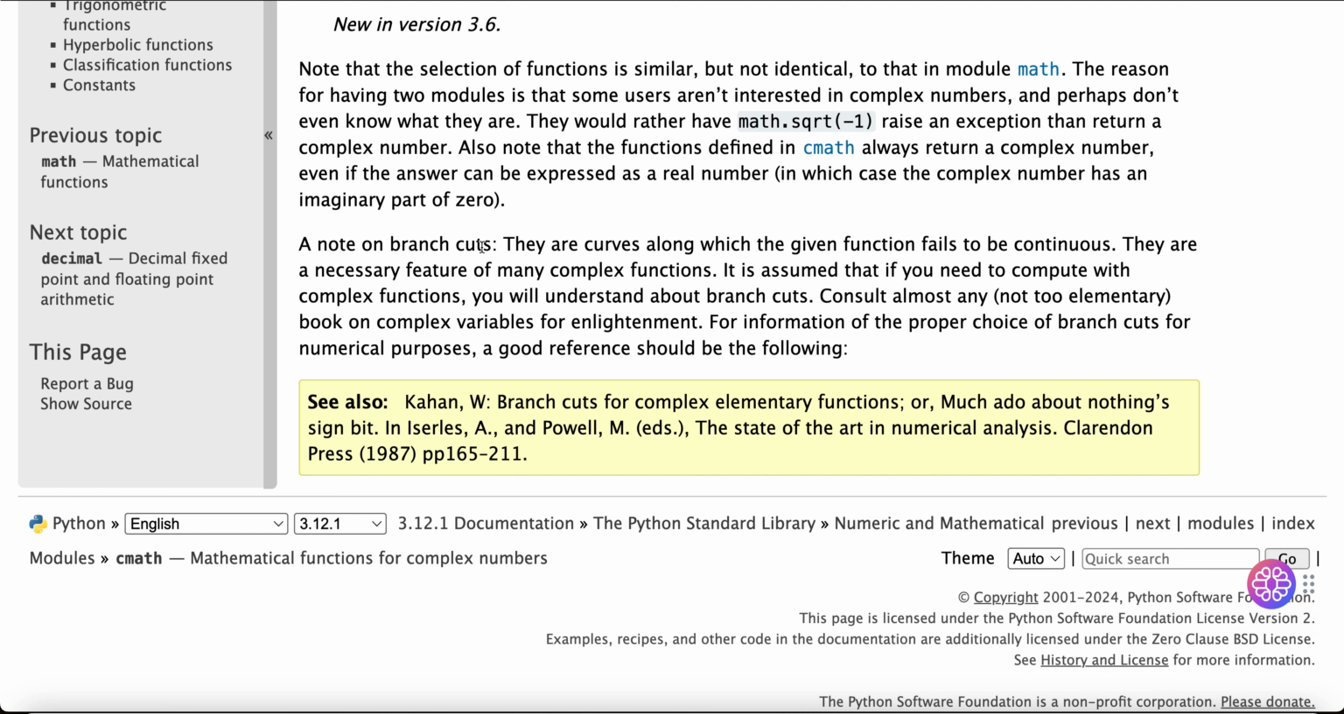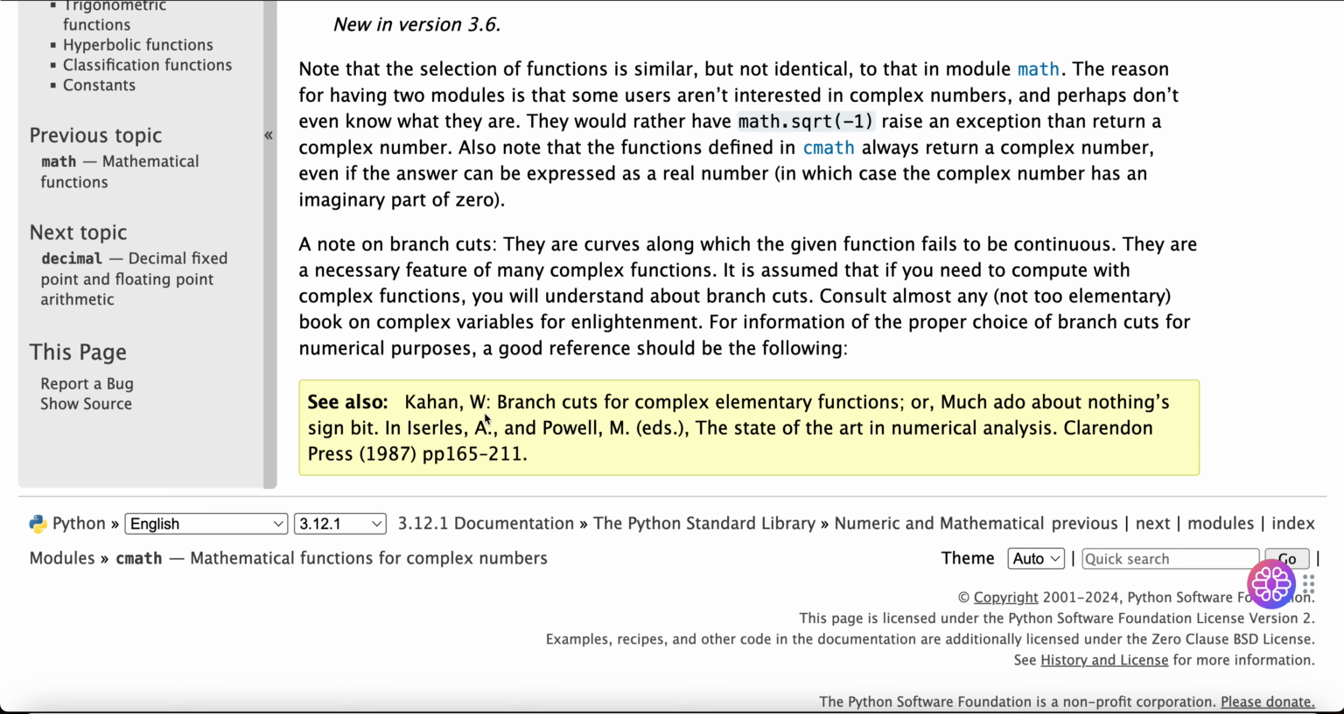A note on branch cuts. They are curves along which the given function fails to be continuous. They are a necessary feature of many complex functions. It is assumed that if you need to compute with complex functions, you will understand about branch cuts. Consult almost any not-too-elementary book on complex variables for enlightenment. For information on the proper choice of branch cuts for numerical purposes, a good reference would be the following: